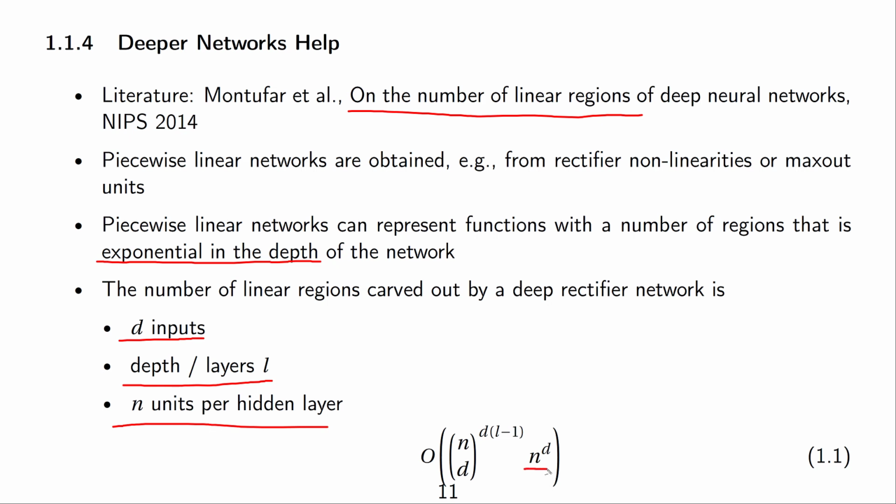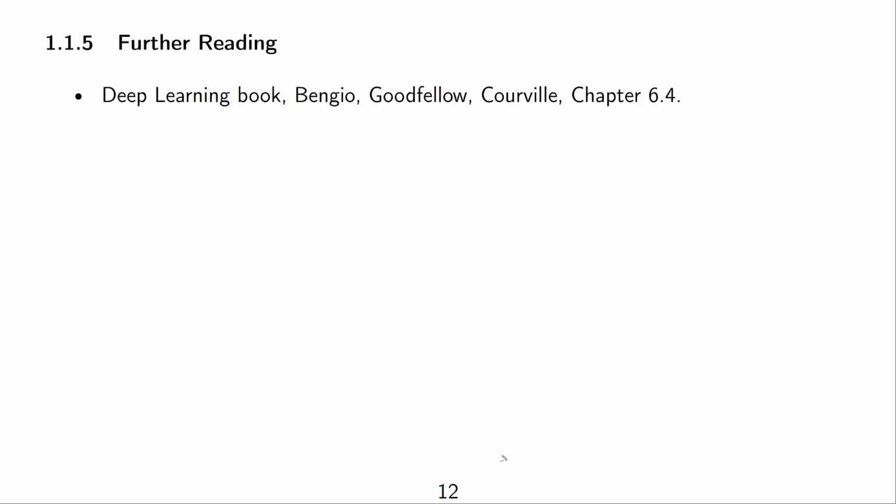So this gives us then something on the order of N to the power of D, that is hidden units to the power of the number of inputs, and then we have N choose D, that is units per hidden layer, choose the inputs, and then to the power of D times, and here we see the magic of the layers, L minus 1. Additional information can be found in the deep learning